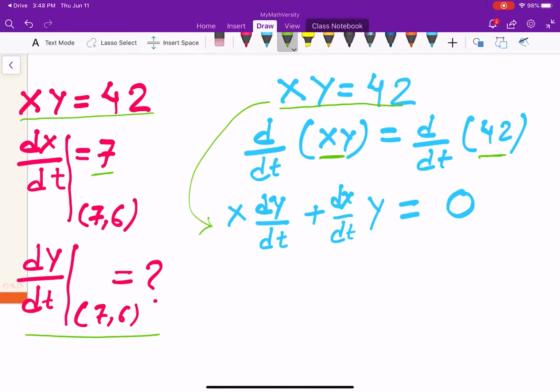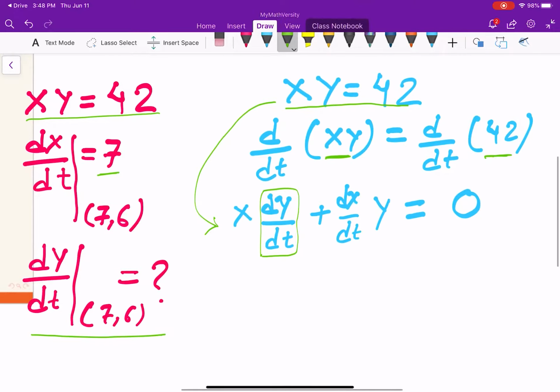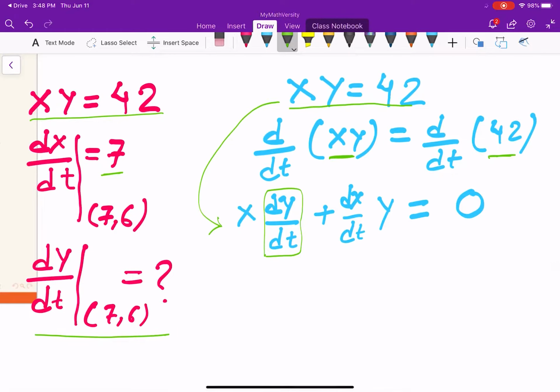So if that is the case, our goal is to find the derivative of y with respect to t. Let's plug all of the information back in. We need to figure out the rate of change of y with respect to t when x equals 7, y equals 6, right? So let's replace x by 7. Okay, so x is equal to 7 times, we don't know the derivative of y with respect to t, that's what we need to figure out, so leave it like that, plus